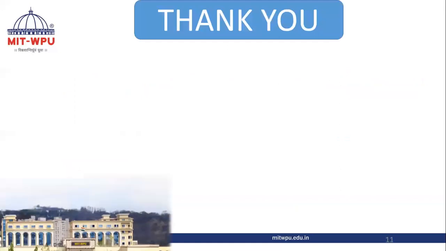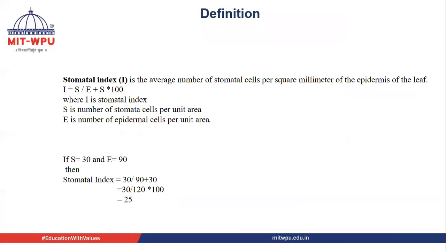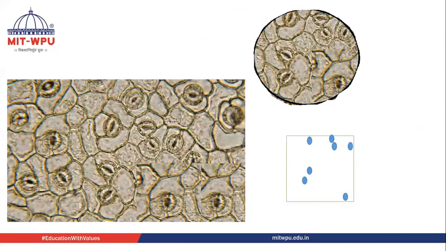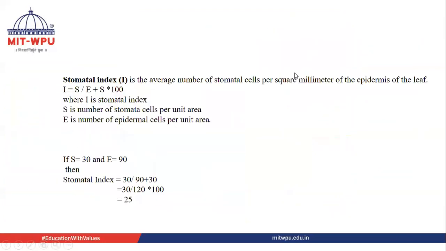So here, as I have drawn only stomata, I can draw the epidermal cells too here, with the help of completing the whole shape. The complete shape we can draw on our black paper. We can see this stomata on a black paper. Through this we can draw it, and then count these epidermal cells. These are the epidermal cells. Count these epidermal cells, and by putting them into this formula, we will get the stomatal index.